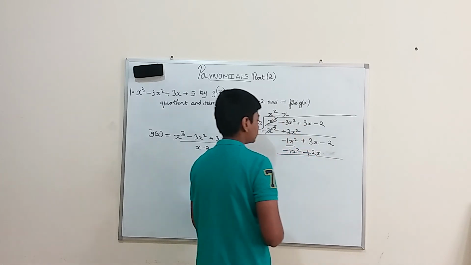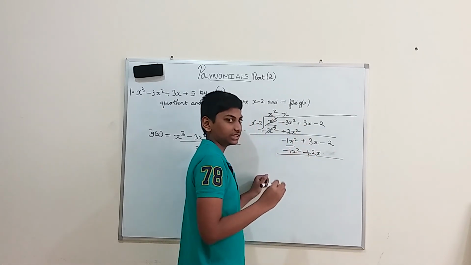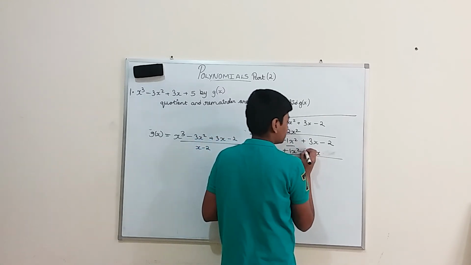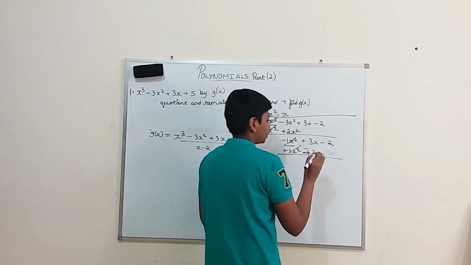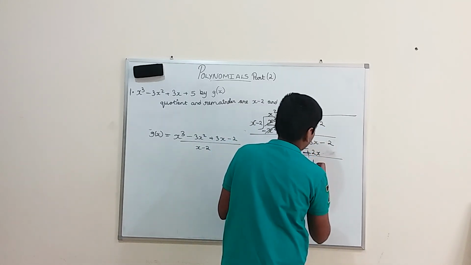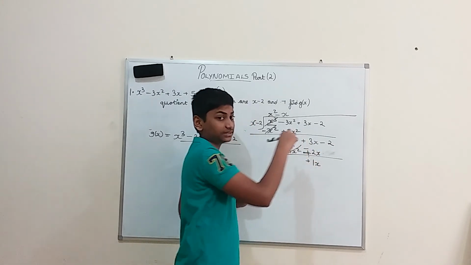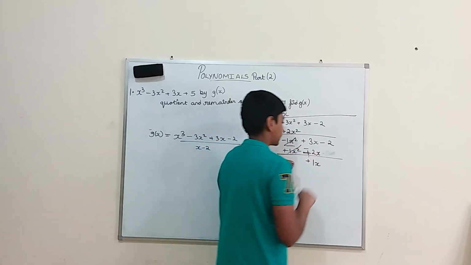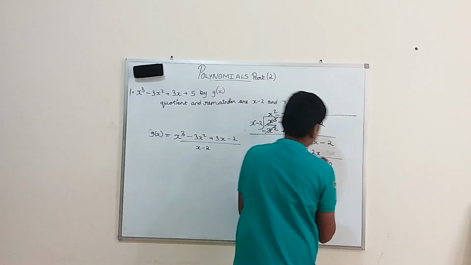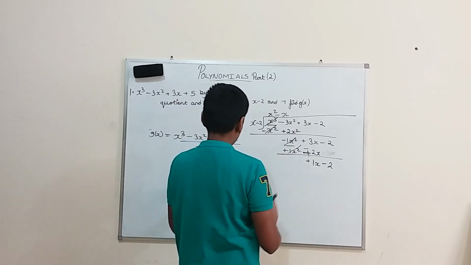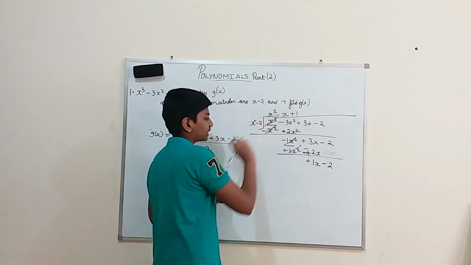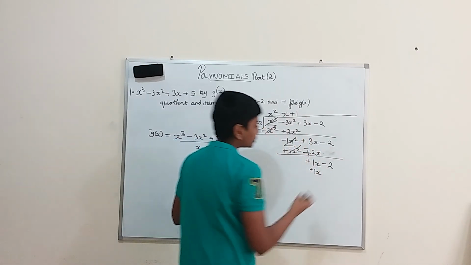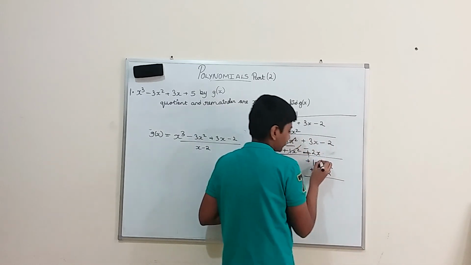So now we need to cancel these both. We need to turn the minus into plus, and plus into minus, so we can cancel these. So we'll get plus 1x. Why, if you ask? Because the greater number is 3 and its sign is plus. So it becomes plus 1x minus 2. Plus 1x gives you plus 1x, and 1 into minus 2 gives you minus 2. Now we should cancel these both.